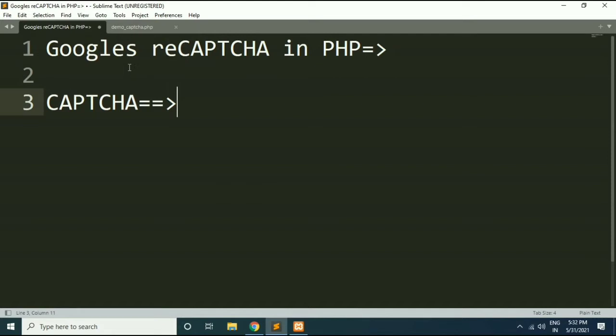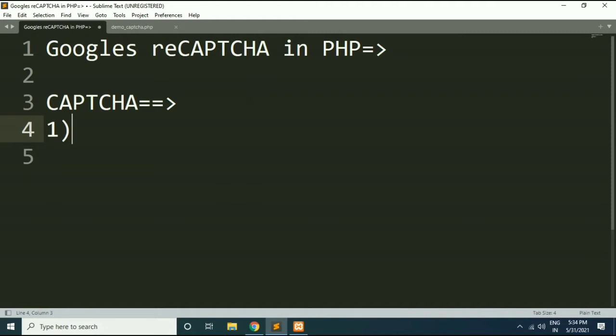For the same purpose we are going to use Google's reCAPTCHA, which is a new way to verify the users, and it is very simple to verify the users with the help of Google's reCAPTCHA. In Google's reCAPTCHA, the user just needs a single click or tap to prove that they are not a robot. Friends, now we will try to understand how to include Google's reCAPTCHA within our PHP web page. For this, I will follow 3 simple steps.